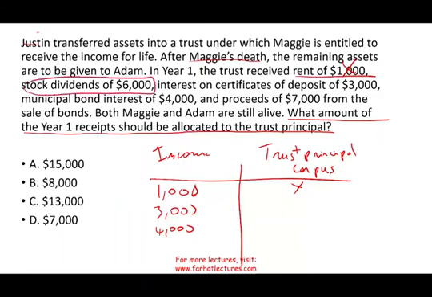They received a stock dividend of $6,000. Well, this sounds like a dividend, right? Dividend is current income. But no, a stock dividend is considered what? Think of the stock dividend as part of the principal. Why? Here, dividend goes here. If you receive any dividend income, dividend income goes here.